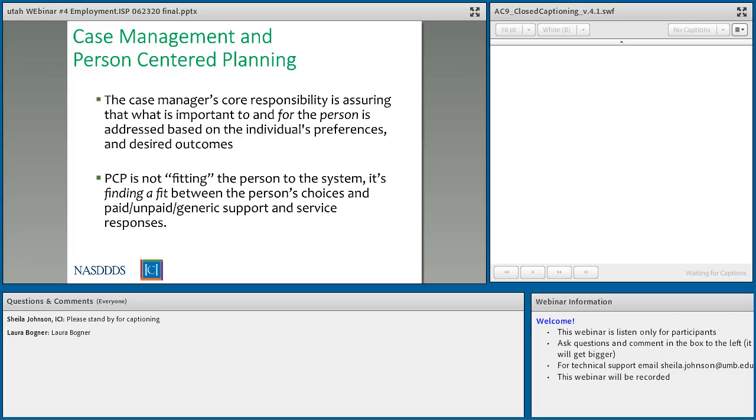So let's talk a little bit about your roles in supporting the person through that person-centered planning process. I started in this field, I'm not going to say how many years ago, but I started as a support coordinator, and I definitely can identify some mistakes I've made along the way, based on, for instance, who my mentor might have been, or asking someone, do all of your services meet your needs? Yes. Oh, terrific. Let's just continue that for the next year. That really isn't the true essence of person-centered planning. And through my years of experience, I've really learned that. As the case manager, your core responsibility is ensuring that what that person identifies is important to